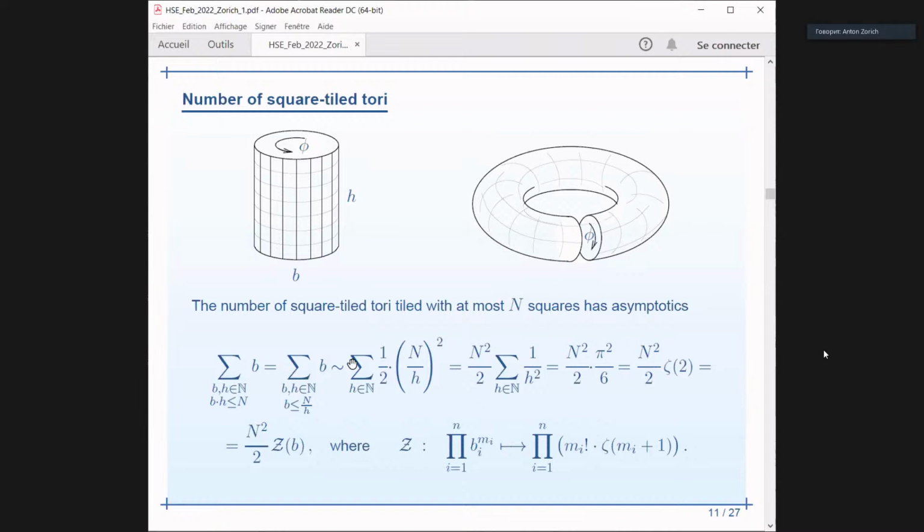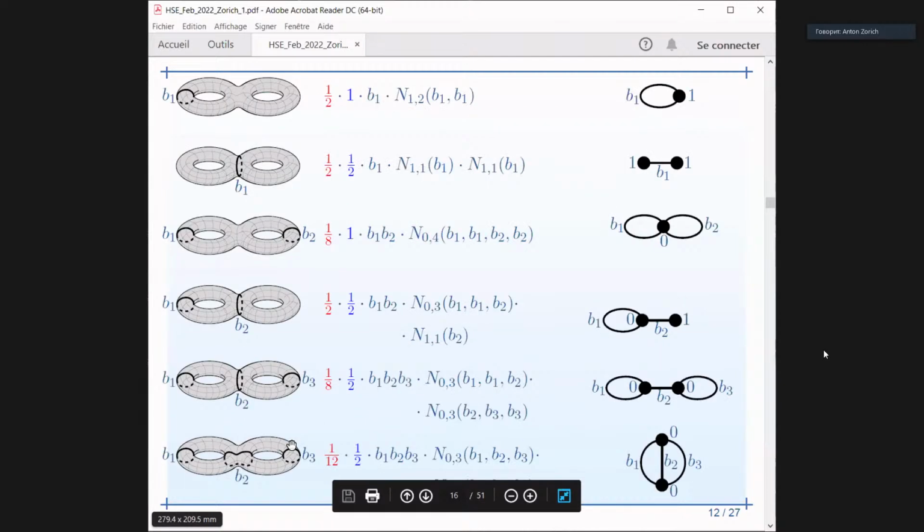And believe me that what will pop out of here is a power of n, which would be easy to compute, and the coefficients would be computed by the funny operator z. So basically in this